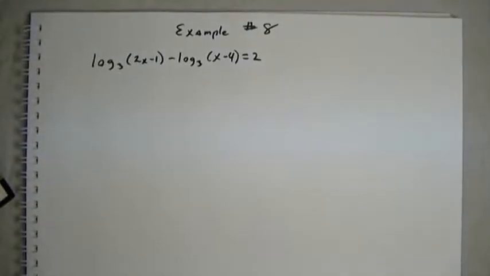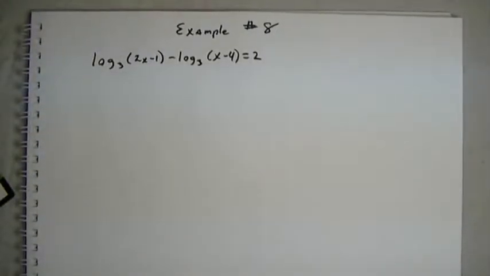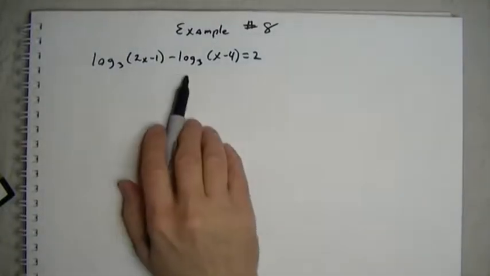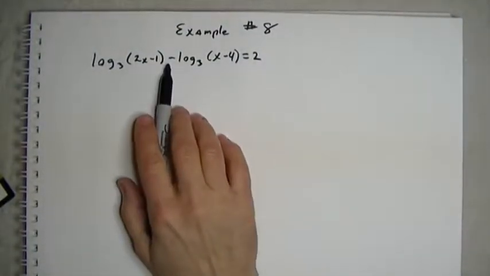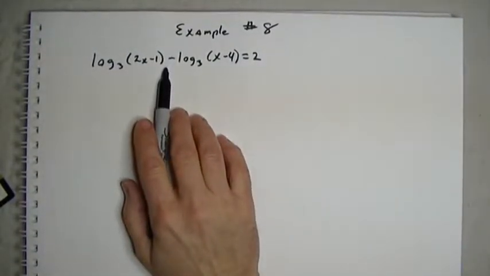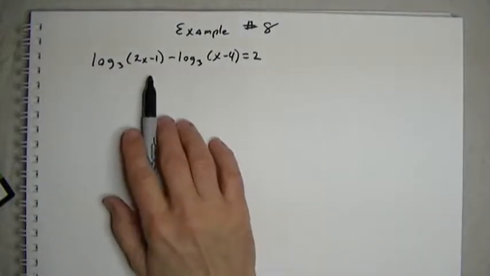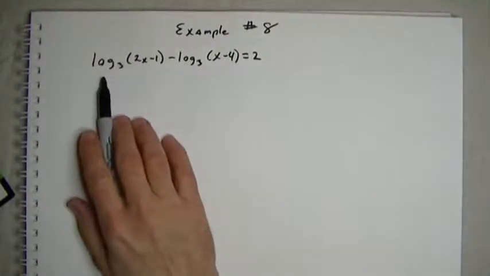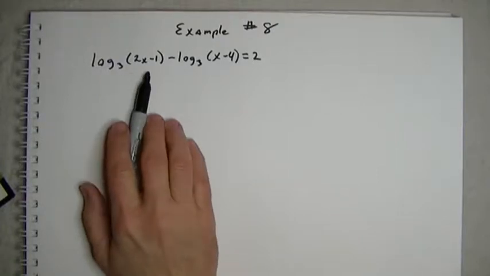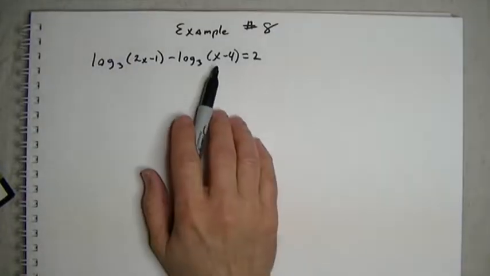Okay, here's example number 8. Very similar to this problem, we've got two logs, same base. This is a log base 3, and we're subtracting the 2. Immediately you should be thinking, okay, that's our subtraction rule. I'm basically going to combine this into a single log base 3 where the 2x minus 1 is being divided by